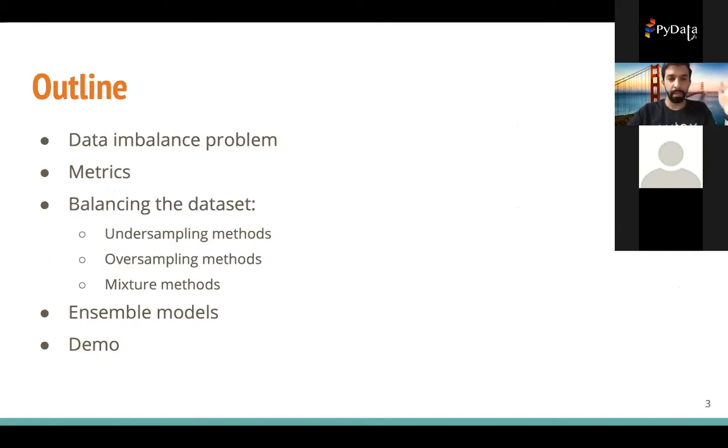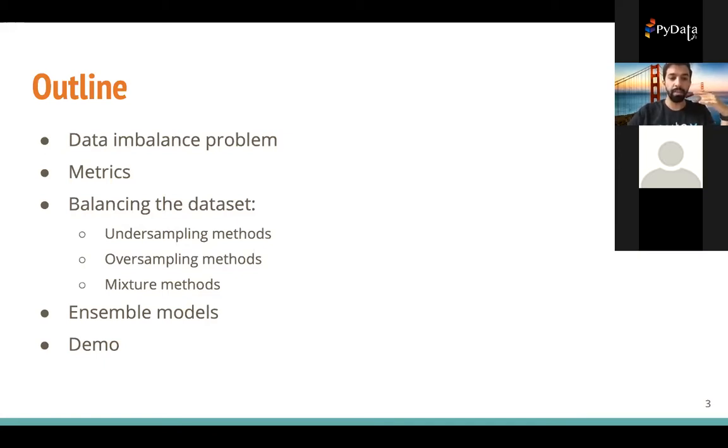Here's the flow of the talk today. First, I'm going to talk about the data imbalance problem, which is a very prevalent problem in real-world machine learning applications. Then I'll move to the metrics that we can use to evaluate models that are trained on imbalanced data sets. Then I'll get to the core of the talk, which is the methods to balance the data sets.